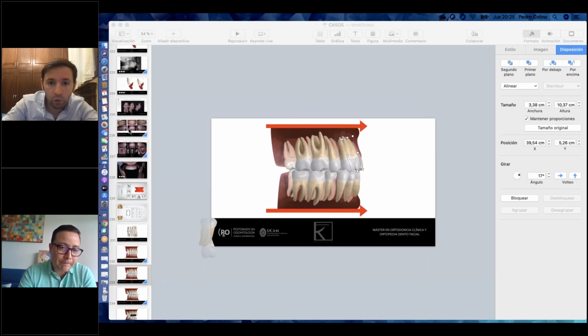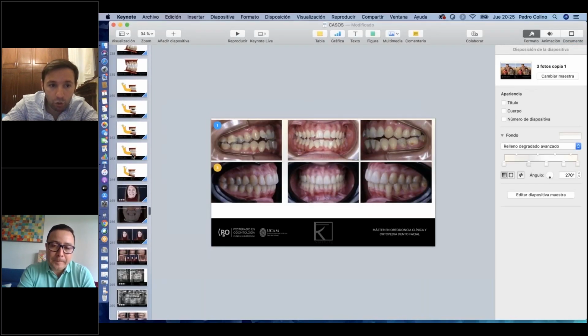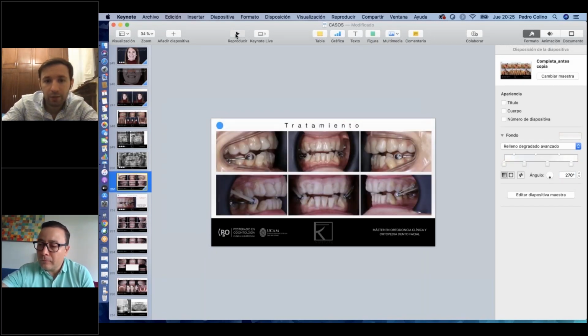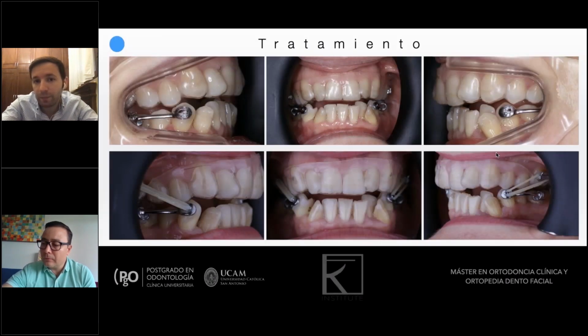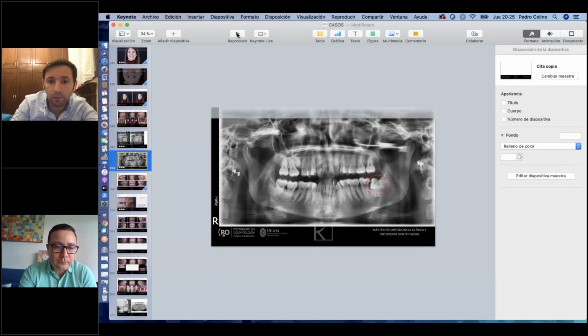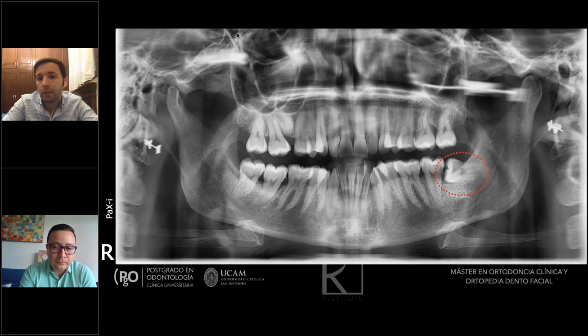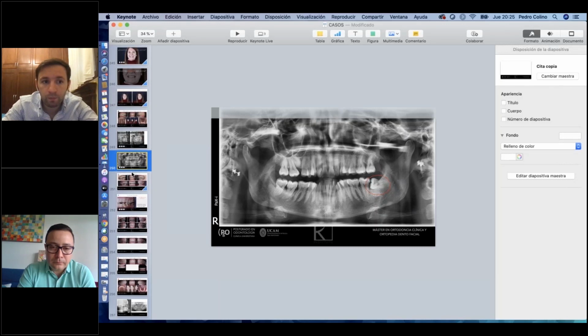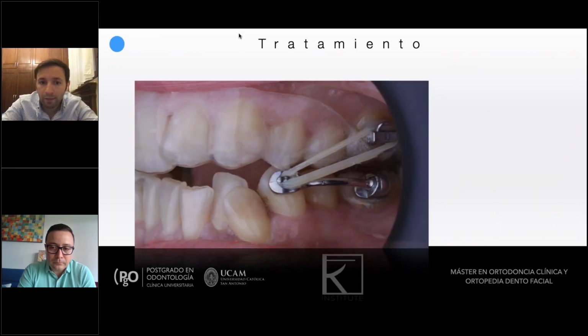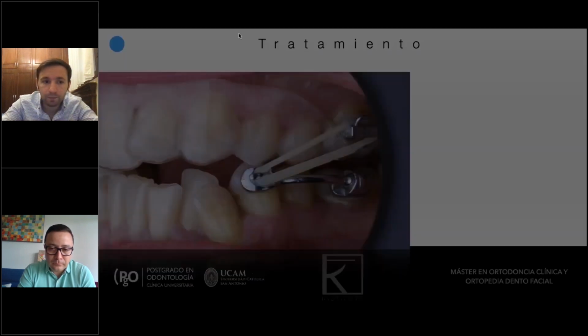Let me show this. Look at this, this is a good example, okay? Look at this page. You can decide to extract the first premolar, the lower first premolar, the left one, you see? Because you have the canine and you don't have space, okay? But it's better for me if you extract this one. If I extract this one, what am I going to do? I'm going to recover the space, okay? Look at, I'm going to recover this space, sorry,